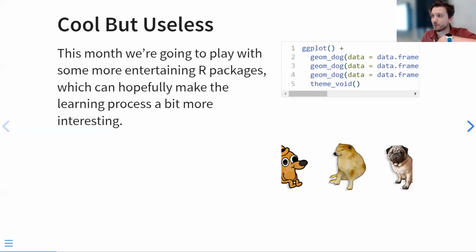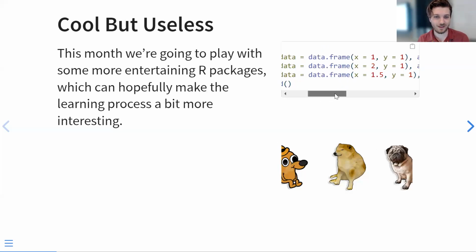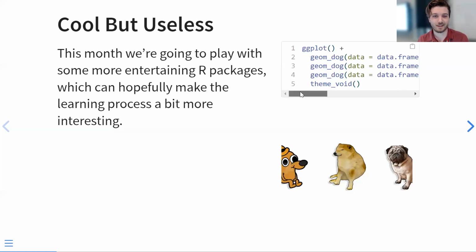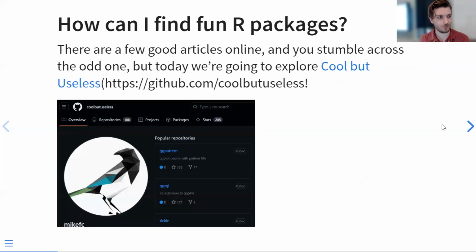I'm going to really skate over this kind of stuff. And if you happen to have questions that relate to this, you can add those in the hedge doc as we go, and we'll try to answer those as well. I'll also have questions at the end if people have them. But you can see here, this is just a ggplot with some geom dogs thrown in, as you do. And I'll go to the next slide where I show a little bit more. No, the next slide after this one.